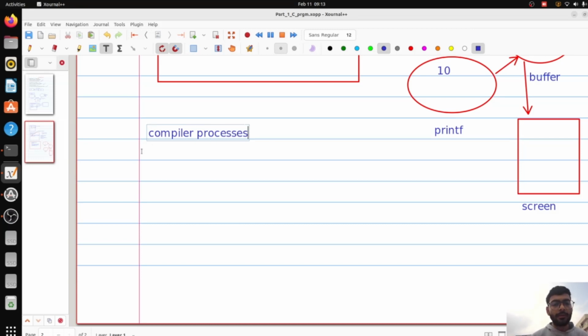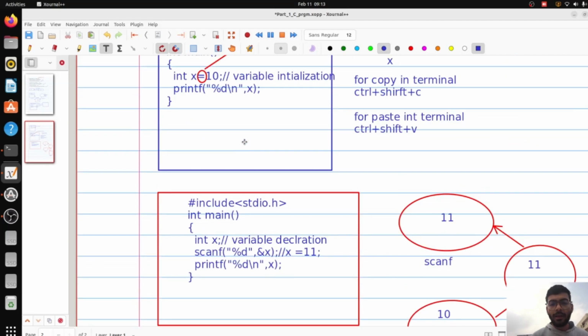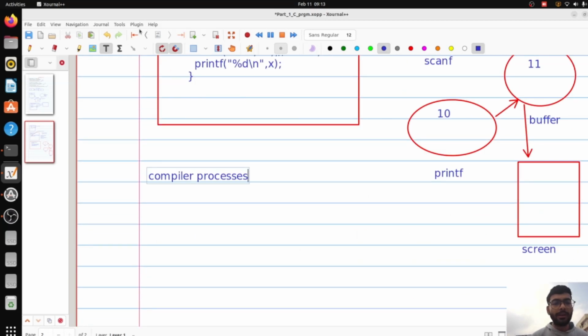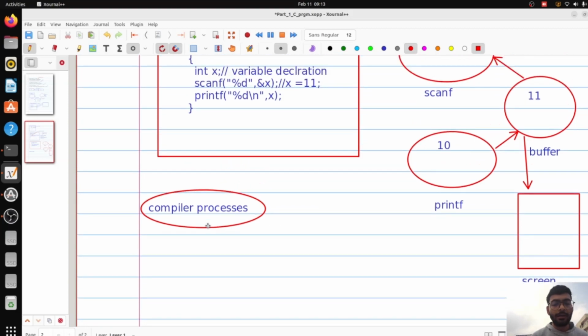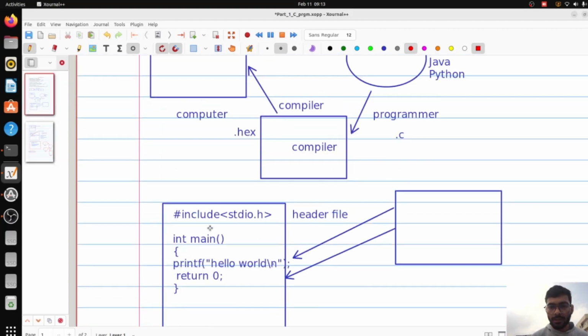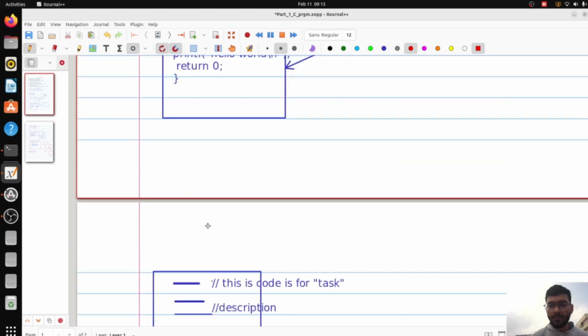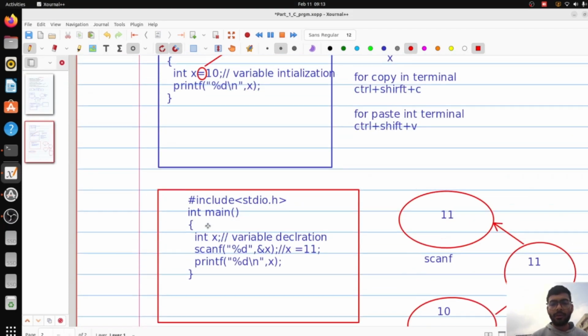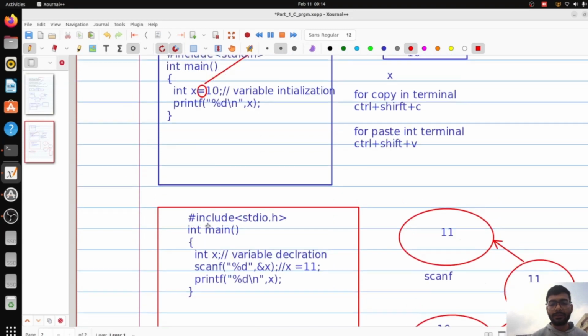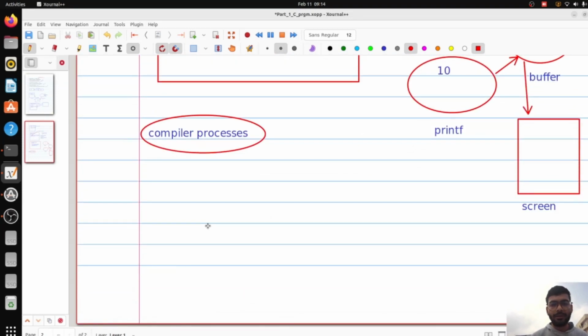Okay, so we meet in a new video for this topic, and this topic is very important. Like how my code is converted and what is going on, you can learn in these compiler process stages. And if you want to practice this code, you can practice. Otherwise, wait for a few days. After compilation is done,